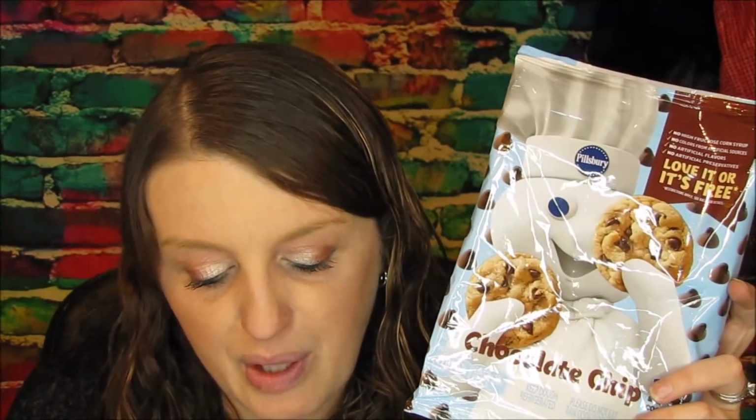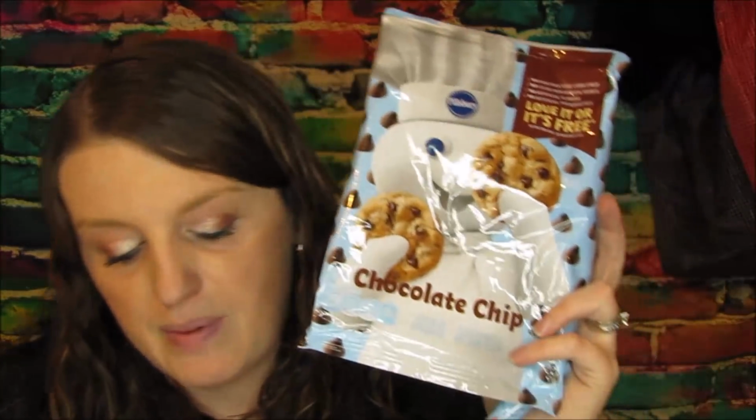But I ended up getting the Pillsbury chocolate chip cookies. These were $2.50. I used a $1 off of 3 coupon. I don't know if it's available anymore, but it should still be, it's available all the time. I forgot you can also submit your receipt to Saving Star, so I've got to do that still. I got the cinnamon rolls for $3.78 with that coupon, and then I ended up getting the crescent rolls